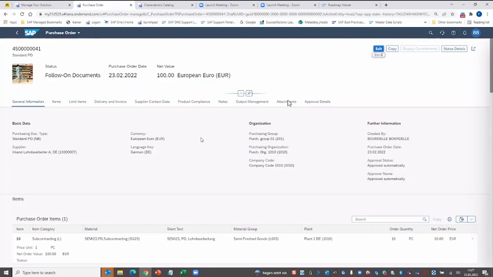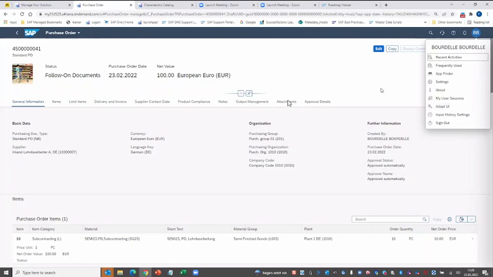And let's have a look whether we have a field we could add on this screen, on this UI, just for me to maintain and to see a priority. Let's have a look. We go into my user profile here and click on it. And depending on the roles assigned to my user, I have or not the possibility to adapt the UI,